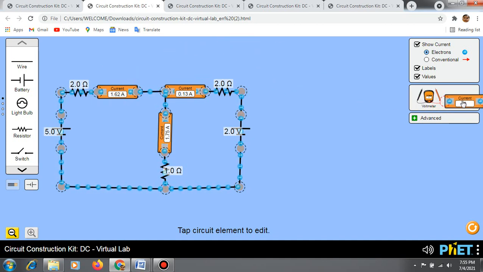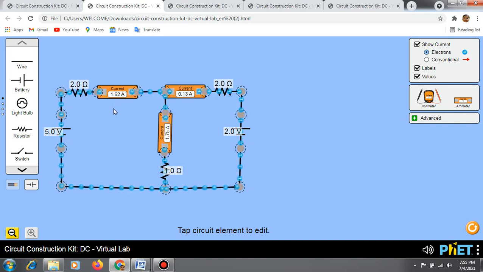Similarly, you have to measure the current value for this 2 ohm resistor also, and for this branch also you have to place an ammeter. So the ammeter is placed in all the branches. Now you have to measure the current value. So I am using the same circuit for measuring Kirchhoff's current law.